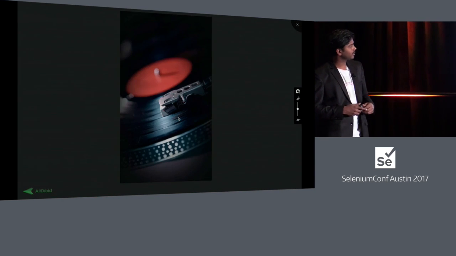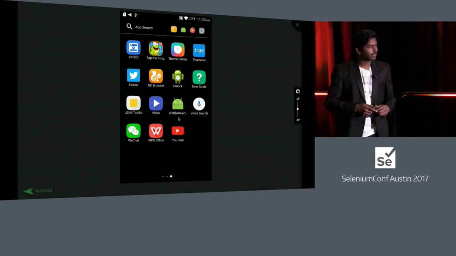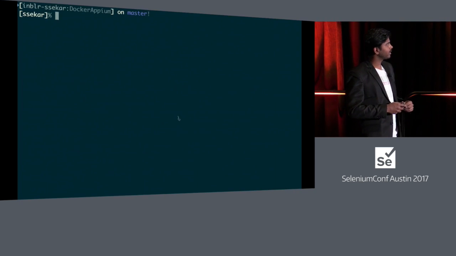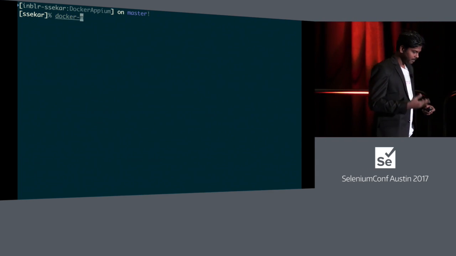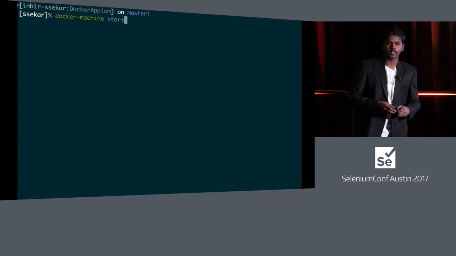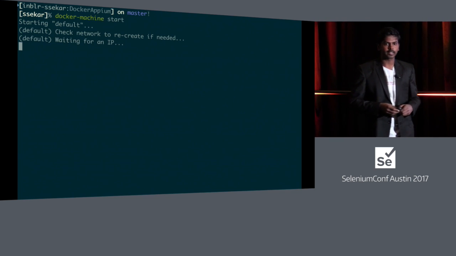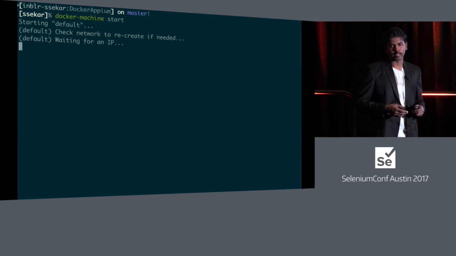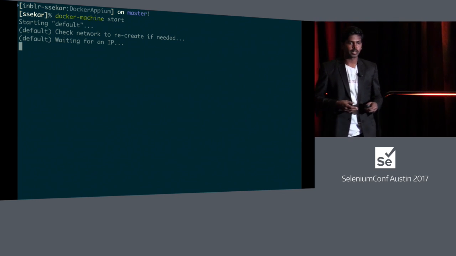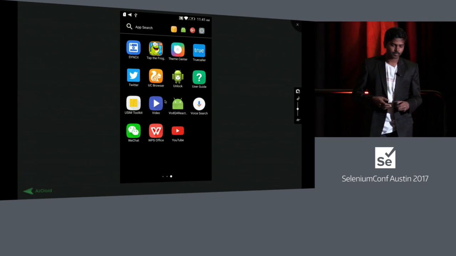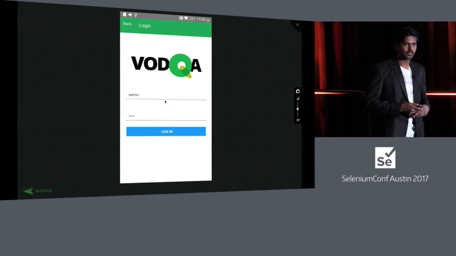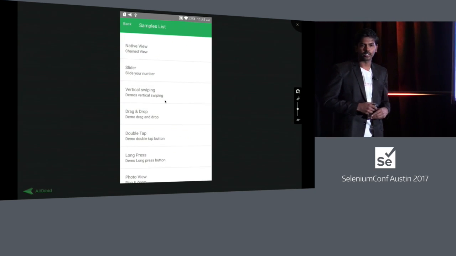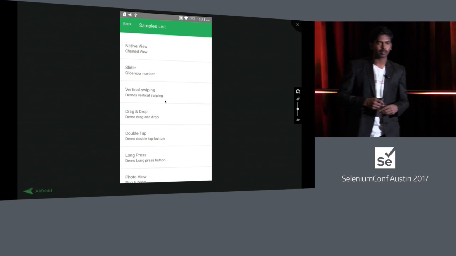So it's a real device. I just want to explore my application. The time to build that Docker image depends on the hardware we have and the bandwidth we have. For example, you might need API 24 and someone else might need API 25. It depends on the bandwidth, and the Docker image is 1.8 GB in size for the Appium server to be up and running.